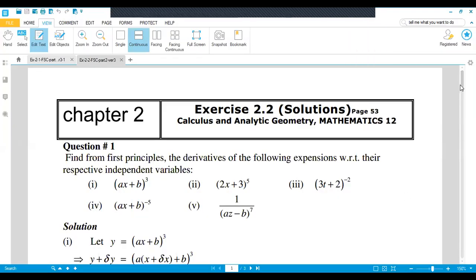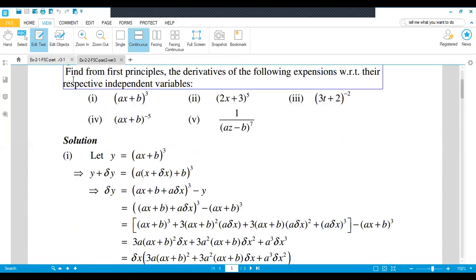If you check in this exercise, exercise 2.2, the question is: find from the first principle the derivative of the following expression with respect to their respective independent variables. So the independent variable here is x. With the help of this, just like the previous exercise, first of all we suppose let y equal to (ax plus b) whole power 3. After that